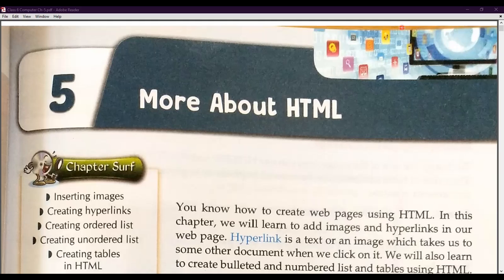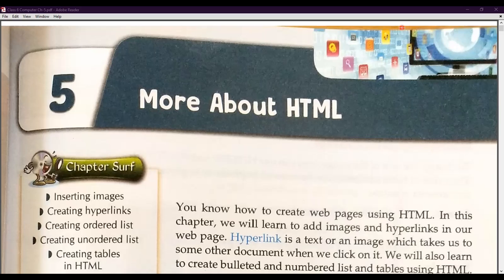Hyperlink is that link on which you click and then you move to the next document or the next website. I hope that you are accessing the Google Drive link which you are receiving in your group for accessing the homework. So you might have noticed the blue underlined line on which you click, and then it forwards you to the next document or to the next website or web page. So this is known as hyperlink.